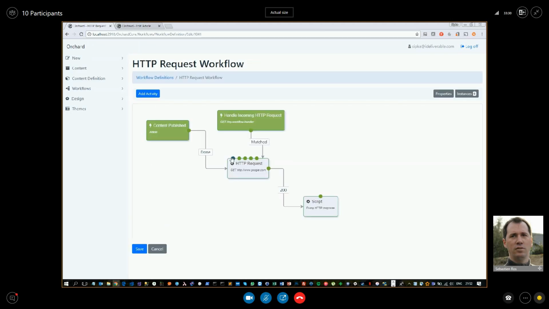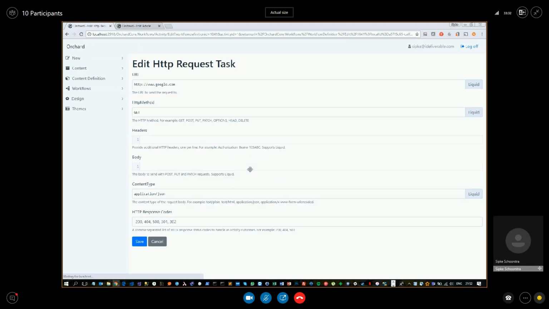Okay, one final demo, and that's the HTTP request activity. Yeah, it's a mess because it has a lot of outlets. Oh, okay. Good. Yeah, it's crowded in terms of outlets because you can specify the response codes that you want to handle. But it's very basic, and it can do any sort of HTTP call except for posting files. Not supported currently. It only supports plain text, HTML, JSON, etc. Just the simple things. And depending on your content type, for example, if you use the x...